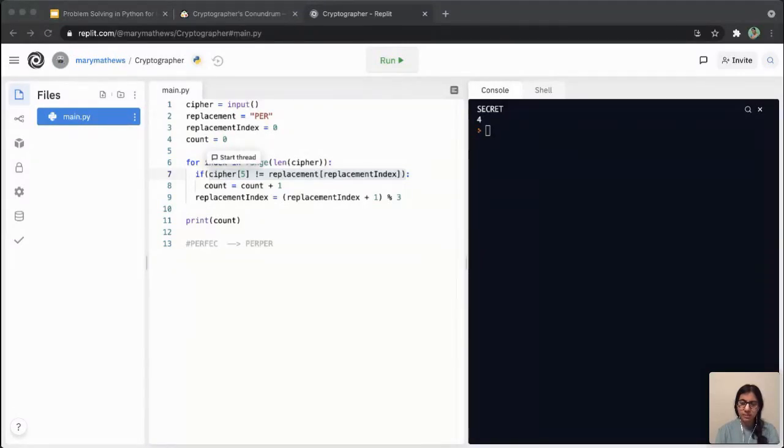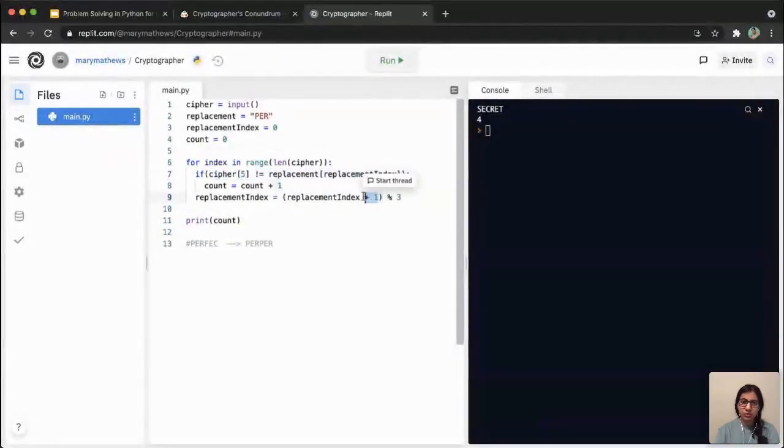Ma'am, we have another question asking if, instead of replacement index plus 1 modulus of 3, can we just do index modulus of 3? You mean removing this plus 1? Yes, ma'am, that is the question. Okay, so if you did this, then initially your replacement index is 0, okay?